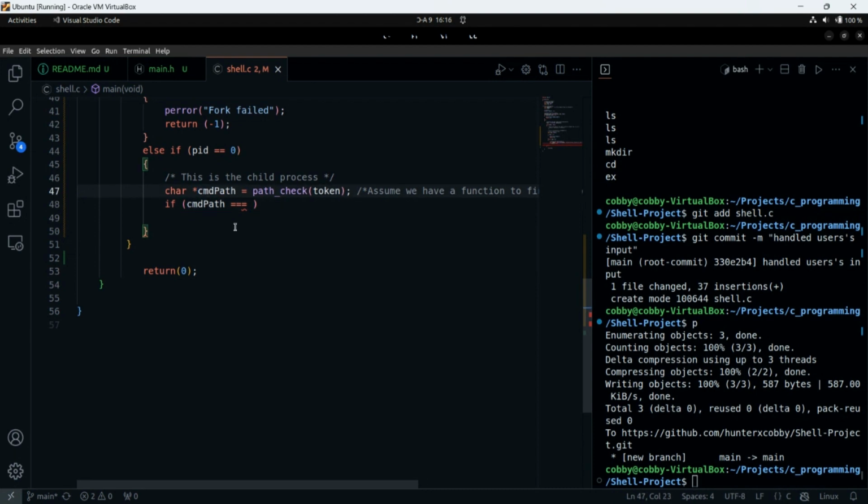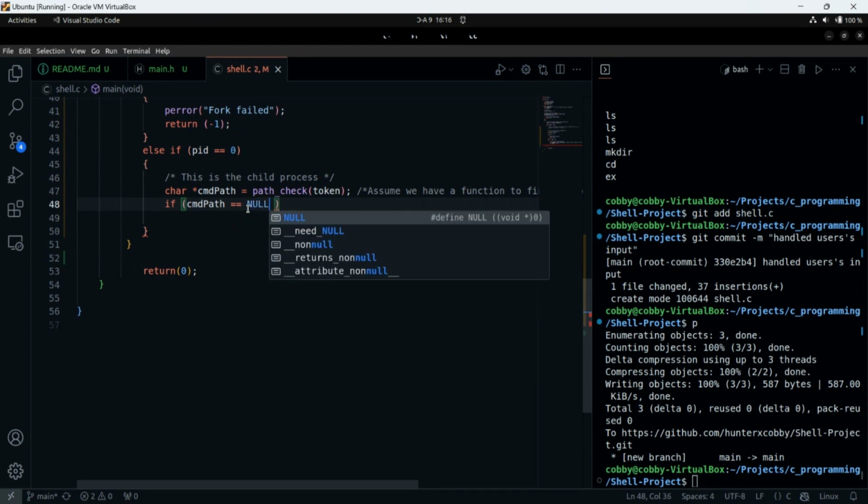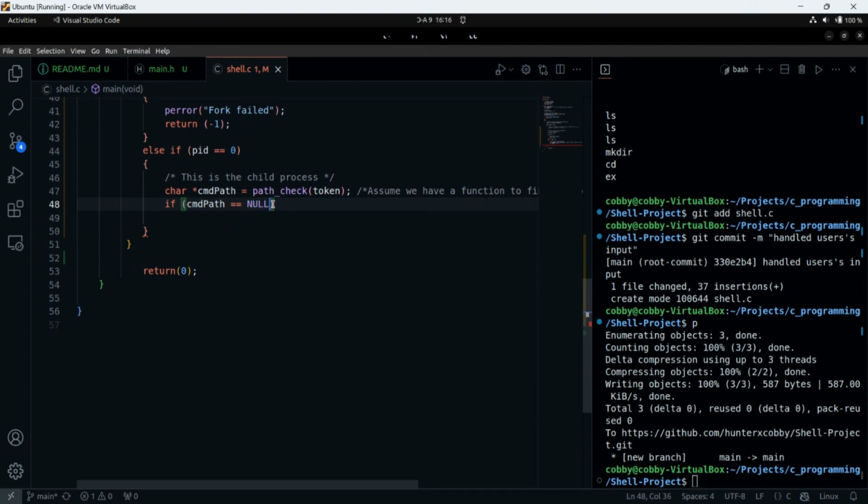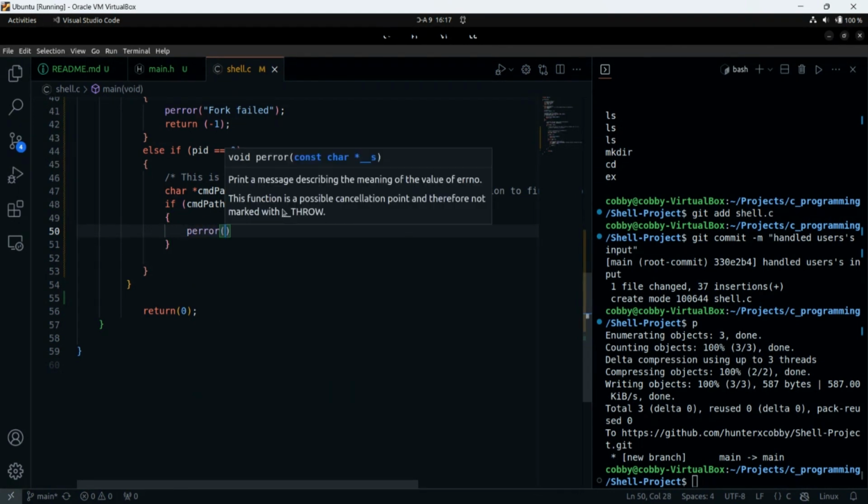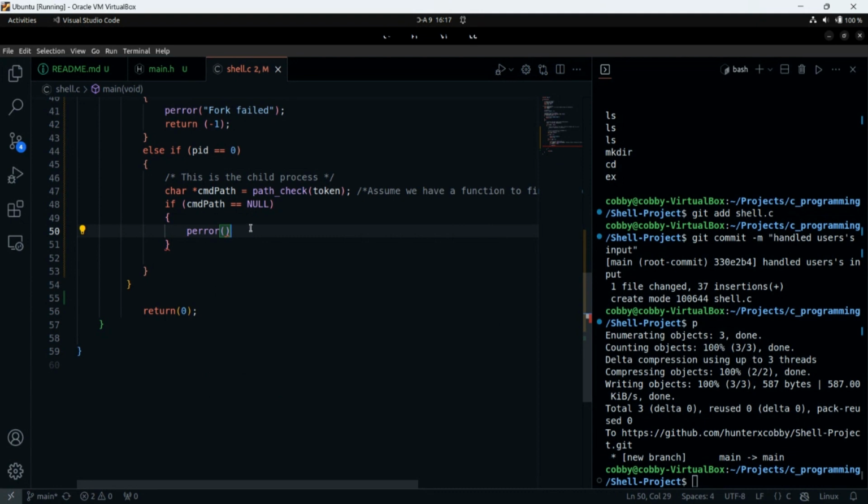So if command path is equal to null, then it means it is a pointer with no value. Then we want to say we're not able to find a command, or let's say command not found. So always check for edge cases. I think this one also gave me a bug in the morning. So pay attention. You want to say command not found.